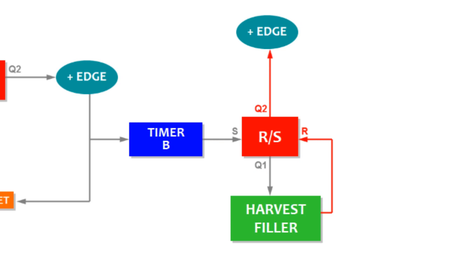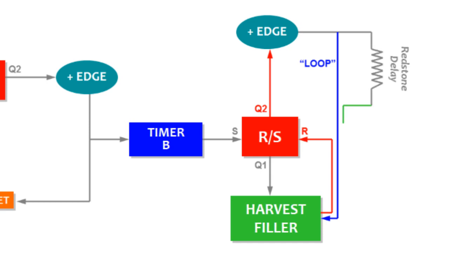Q2 again is hooked up to an edge trigger, which sends out a pulse, and that goes right back to the harvest filler. It'll send out a signal to loop the harvest filler. It'll tell it to loop, and after a short delay, it'll tell it to turn on. Now this particular sequence of events, telling the harvest filler to go into loop mode and then on mode, is needed to reset the harvest filler using the pipe gates, which we saw from last episode.